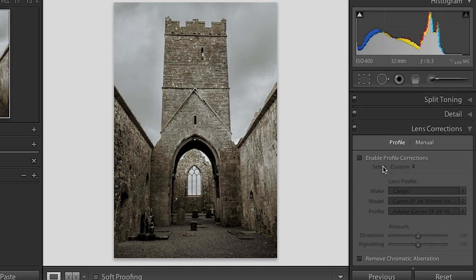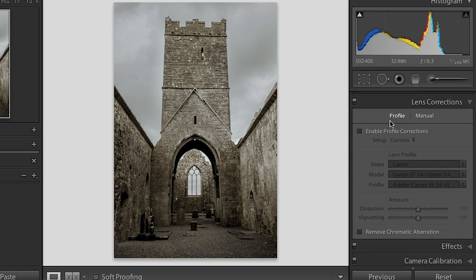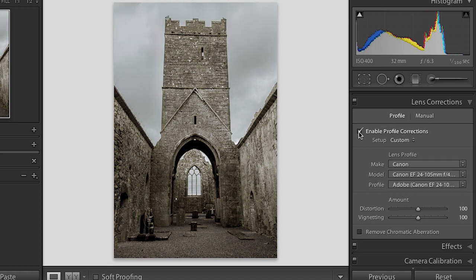So when we take a look at lens correction, we have two options. We have a profile area and a manual area. So with this image, if I enable the profile correction, Lightroom is going out and it's looking at the metadata for the image. It's looking at the make and the model of the camera, and it's going to apply a profile automatically. So Lightroom ships with over 600 profiles for different lens and camera combinations,